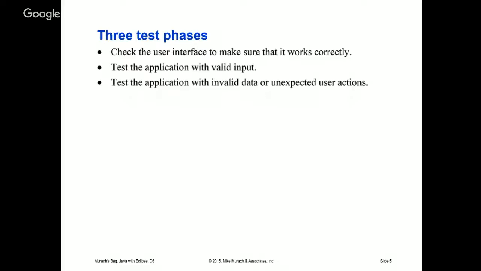If you have a 3-tier application, then you also have different, actually testing is a very big topic, but you have at least 3 test phases: testing the user interface, testing the application with valid input, and something we haven't gotten to yet, testing the application with invalid input, right? In other words, if our application is supposed to take the product code